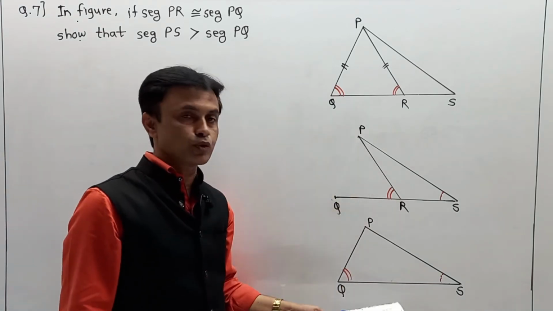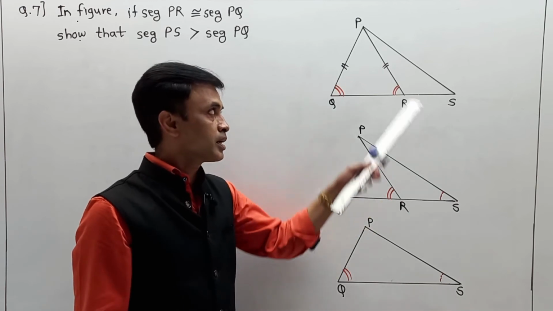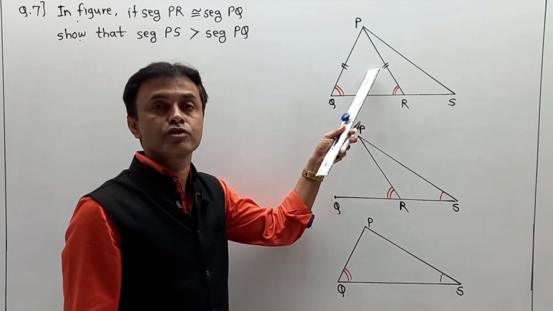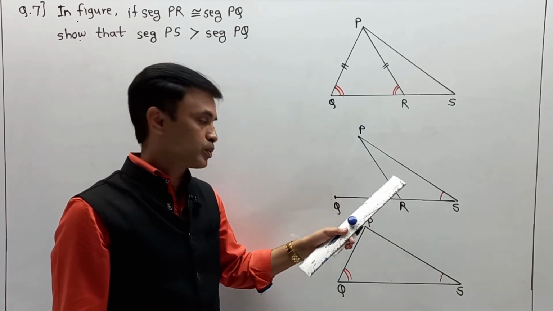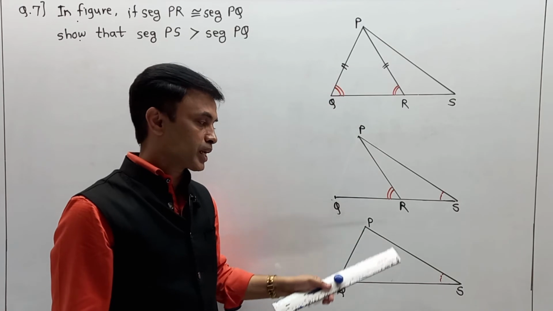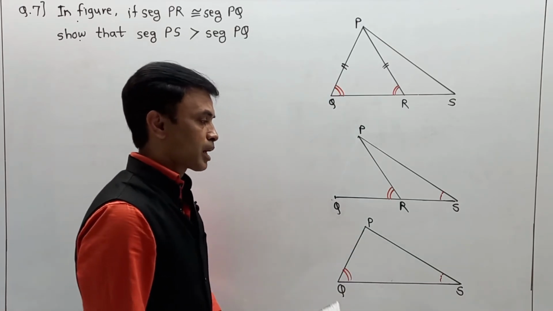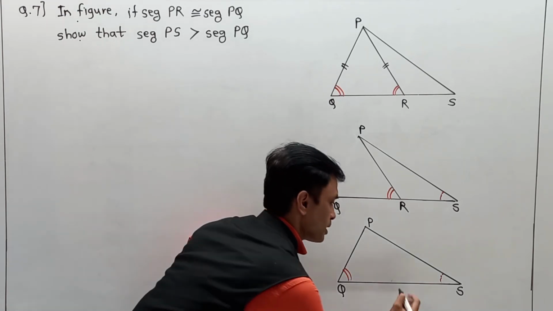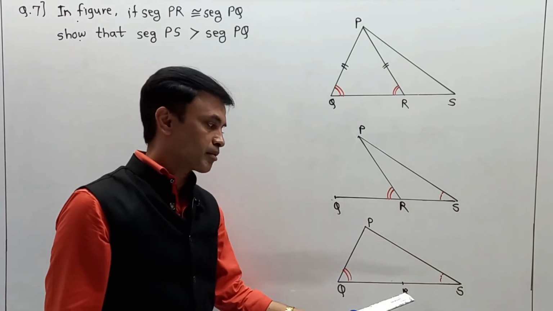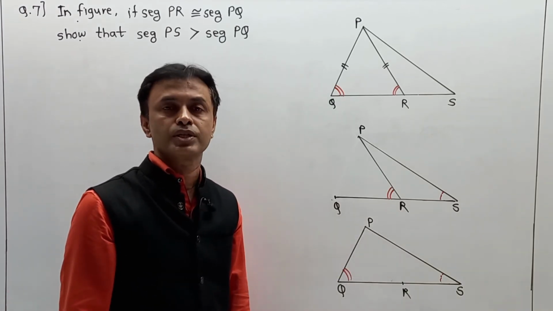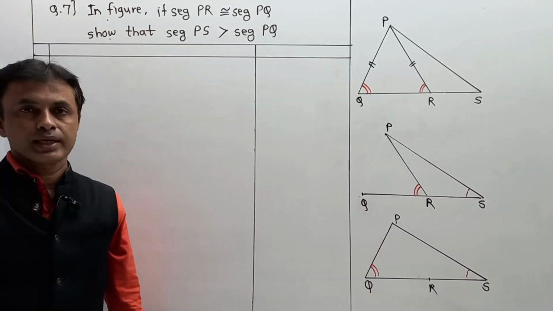So how to write this proof in terms of an answer? Please pay attention seriously. From here we are going to write number 1 as isosceles triangle. From here we are going to write exterior angle of a triangle as number 2, and third, from 1 and 2 we are reaching 3 and going to complete the conclusion. No doubt your point R is somewhere over here, but we are not taking that point R for consideration. No doubt there is a segment PR over there, but we are not taking it into consideration. We are getting this triangle. Now how to write? Pay attention.